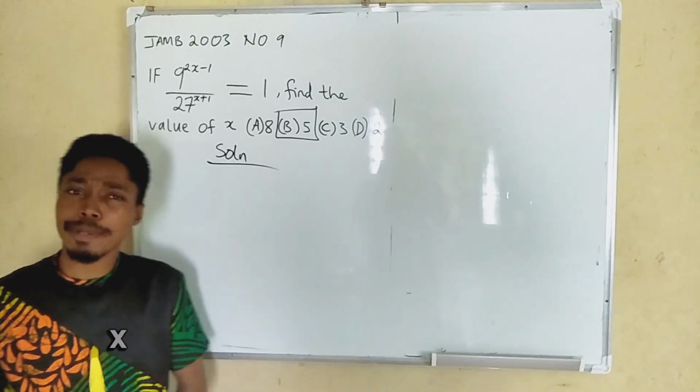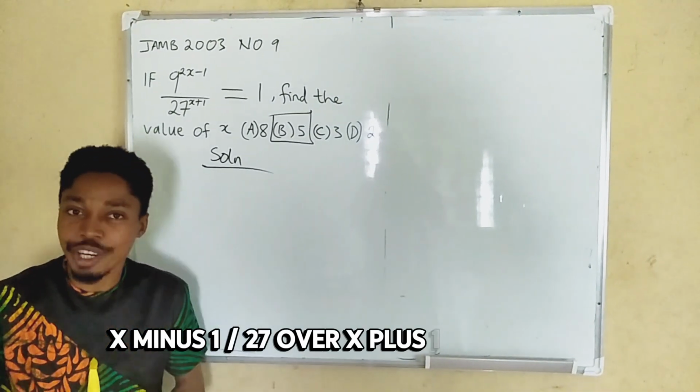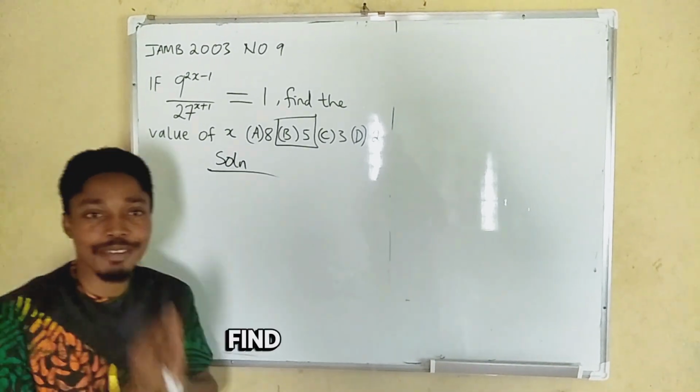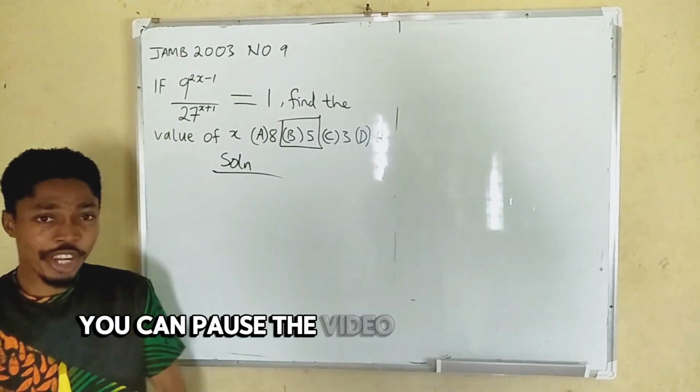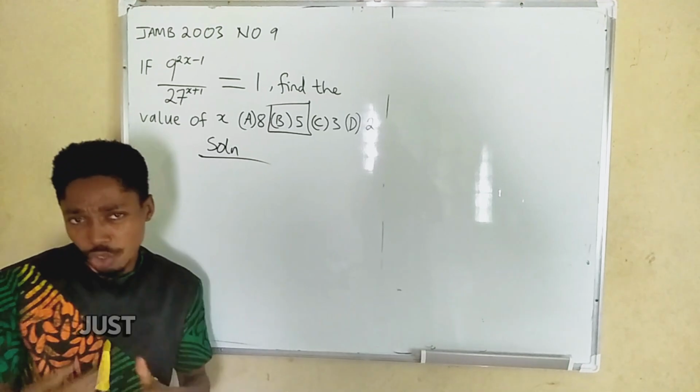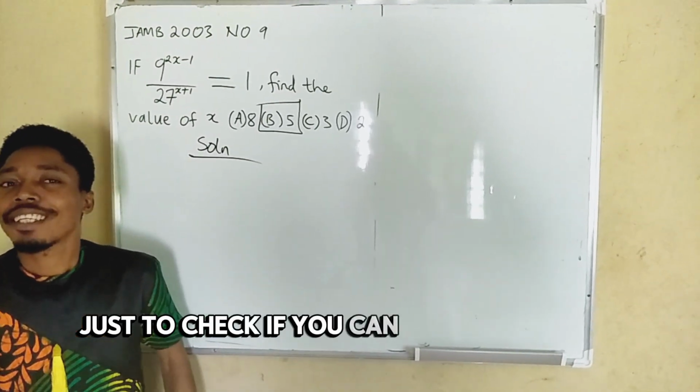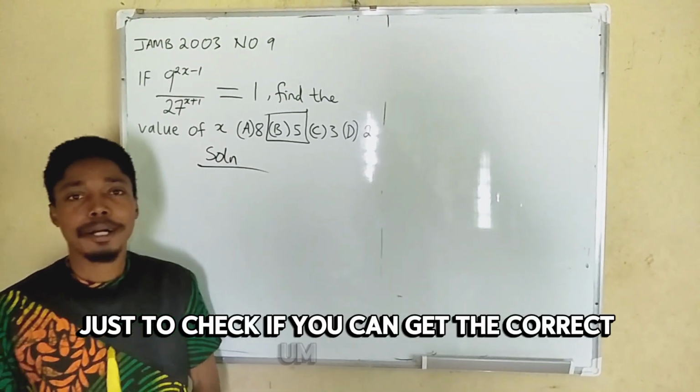If 9 raised to the power 2x minus 1 divided by 27 raised to the power x plus 1 equals to 1, find the value of x. You can pause the video and try this out by yourself just to check if you can get the correct